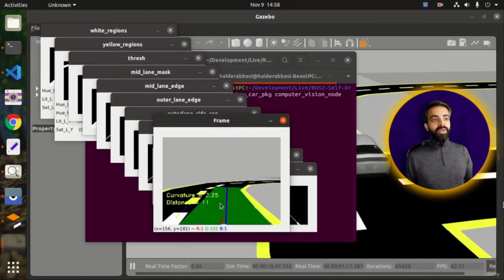Now, if it was any more than this value, then the car would need to make a very sharp turn, which it will once the car reaches that particular turn up ahead. At this moment, we have extracted the useful information from our road, and we can now leverage this information and create our control module, which will make the car follow this particular lane and complete the lane assist